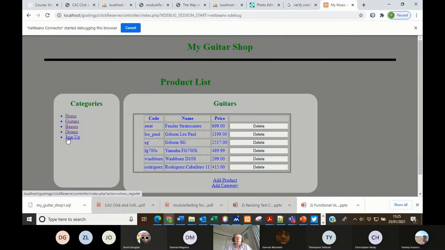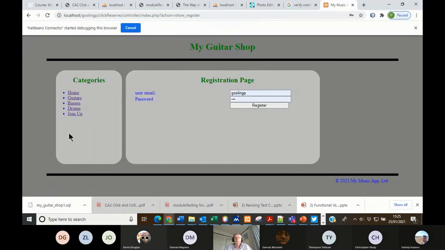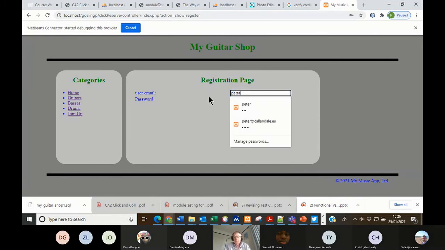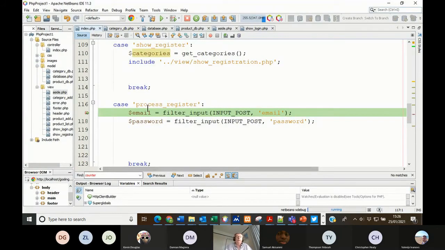So we come in here, I'm going to go to join up. It allows me then to put in, register. It stops there because what's happened here is actually stopped here. If I look at the variables now,